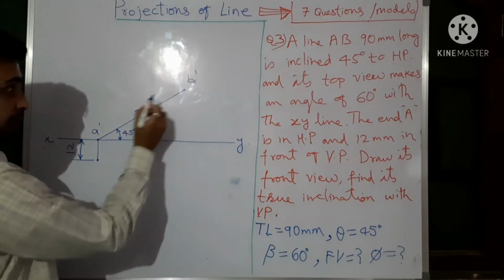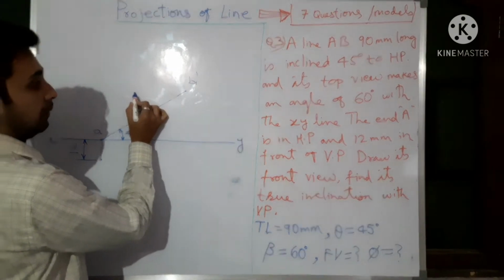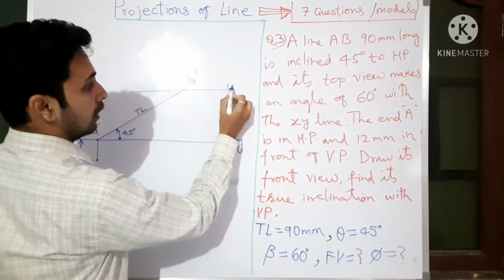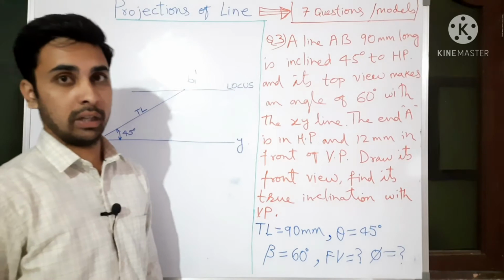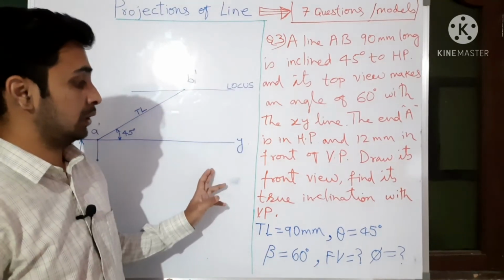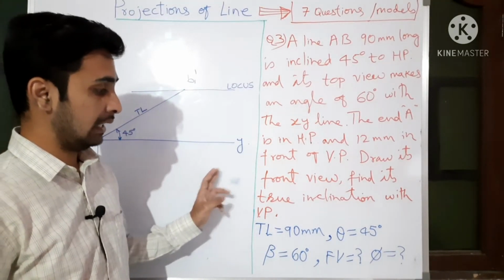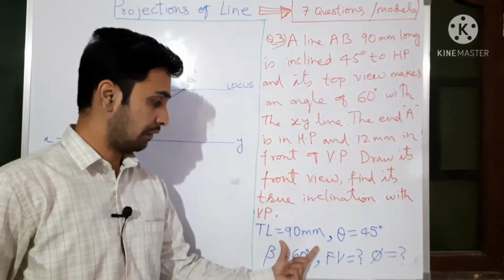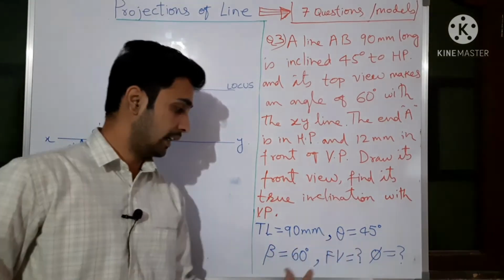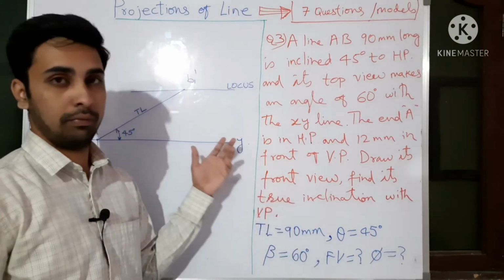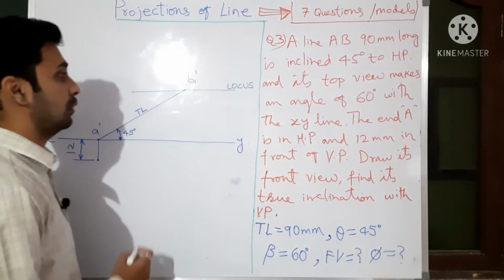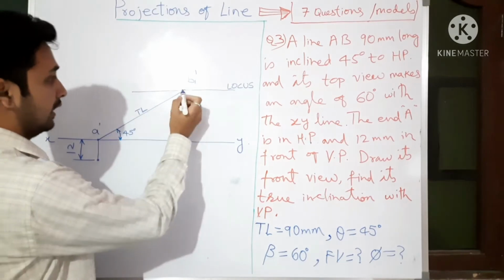As soon as you get the end point, as I said, we need to immediately draw the locus. Okay, so in any question you take, projection of line inclined to both the planes, they will give you only 3 things. Here also they have given 3 things, 1, 2 and 3. That's all. With 3 given data, we can draw the projection of line which is inclined to both the planes, and we can find out other data also.